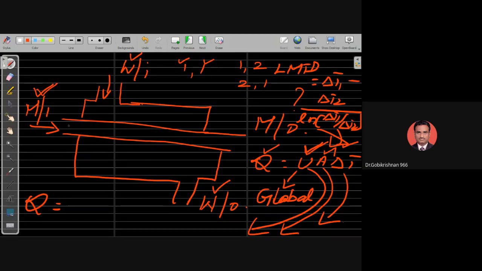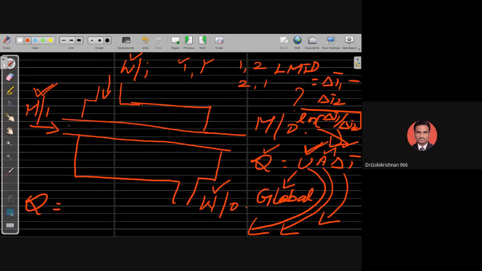The pressure drop, everything can be calculated with the help of Raoult's law. What is Raoult's law? Raoult's law relates the liquid composition and the vapor composition, isn't it? If the liquid composition is this much, vapor composition will be this much, like that. For that reason only we have selected Raoult's law, because